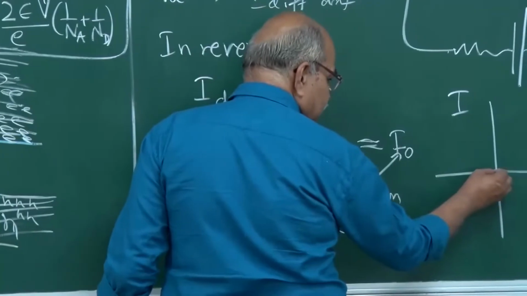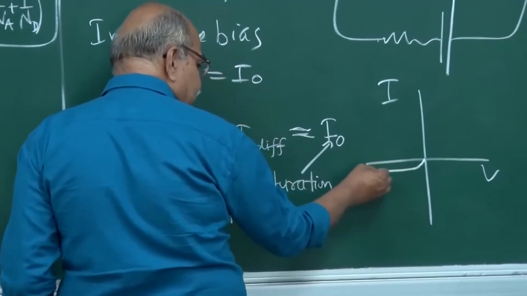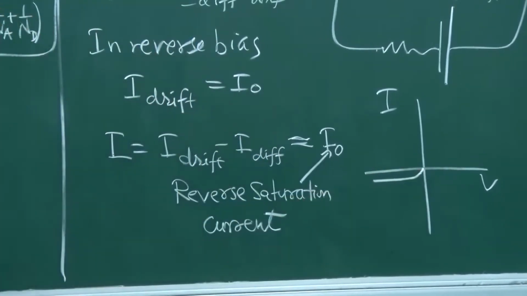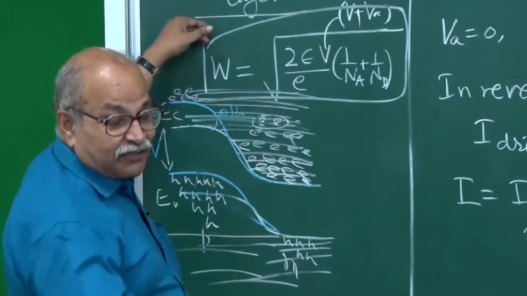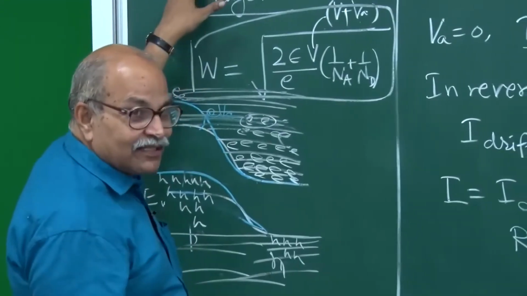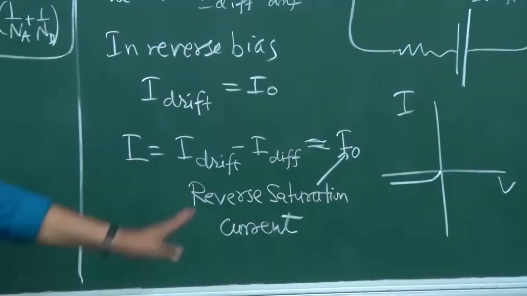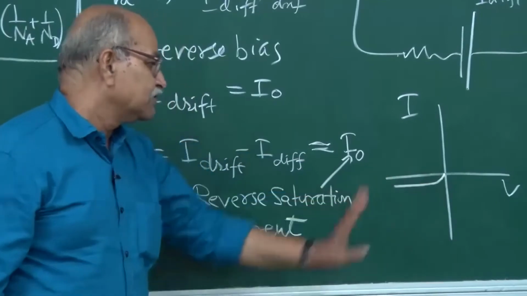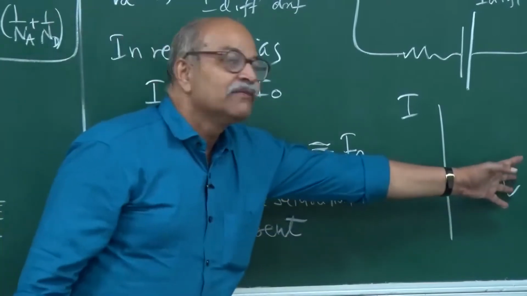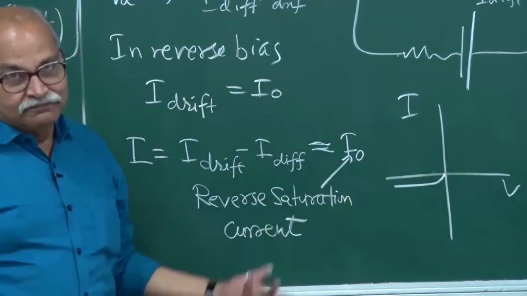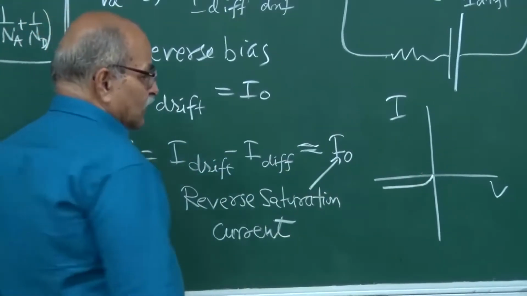Okay, so it starts from 0, but very quickly it will attain that I naught, and then it will remain I naught for large values of V. No matter how much you increase this barrier, there are some phenomena I will tell, you cannot increase this barrier to very high values before disturbing this. But for reasonable values of V, which could be 2, 3, 4, 5, 6, 8, 10 volts, on this side you cannot go even to 1 volt, but this side you can easily go to a few volts, and it remains at this I naught.